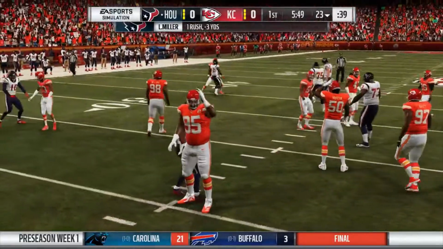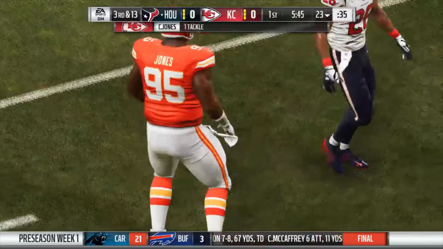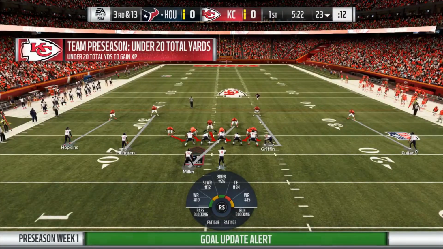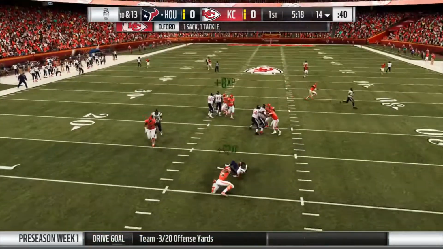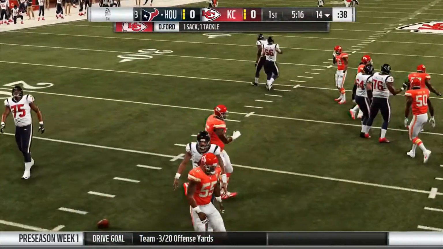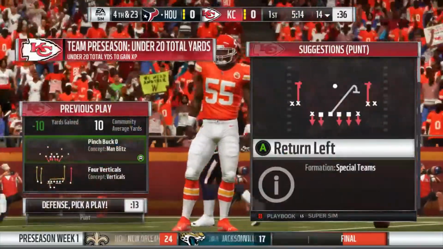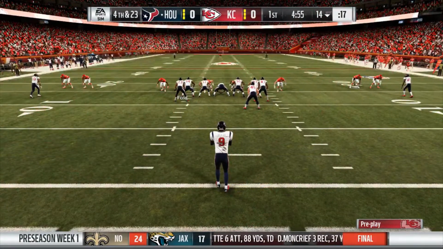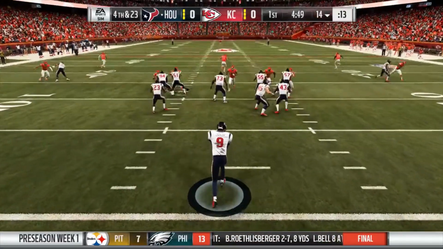Way to get it in the backfield. Chris Jones, that's who it was. Sending in a nice blitz. And we got the sack. Okay, I think that's good for our first defensive series, start off with 3 and out for the opposing team. I like that. But then again, this is on All-Pro right now. Very sorry about that. I'll fix that